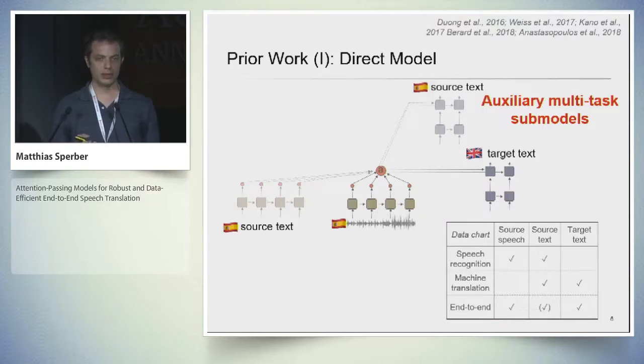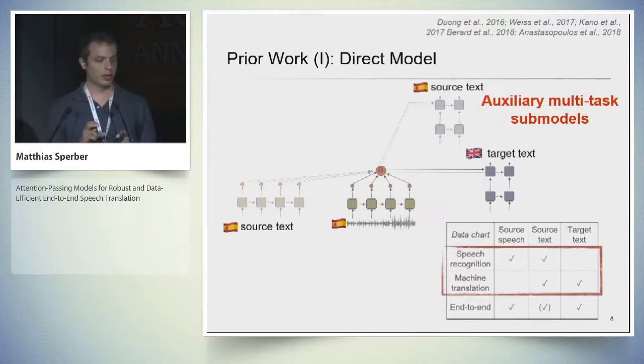Some follow-up work extended that into a multi-task training strategy, where we add auxiliary encoders and decoders, and that can help us to include different kinds of data into the training. For example, if we wanted to add speech recognition data into the model, we would take the encoder from our actual speech translation model, pair it with an auxiliary decoder that decodes the source text instead of the target text, and train that with the ASR data. And because parameters are shared with the final speech translation models, we can hope that the model is going to improve.